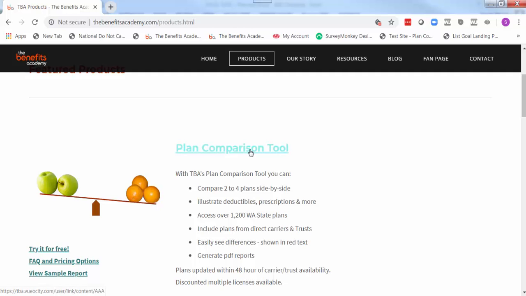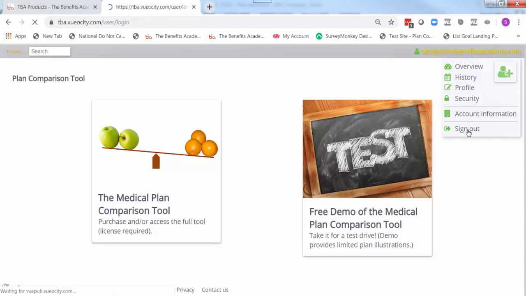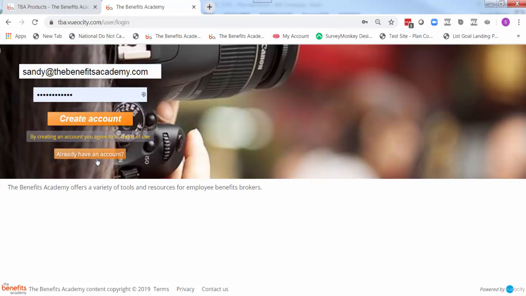I'm going to go into the website, and Vuosity holds all the data behind a double firewall. I'm already signed in, but I'm going to sign out so that you can see what it might look like. You may be brought to this page where you would have your email address and your password, and you can sign in. If you haven't signed in yet, you can sign into our Vuosity portal for free. Just click on that you need an account, put in your email address, choose any password, and then hit create an account. Since I already have an account, I'll go back and sign in,